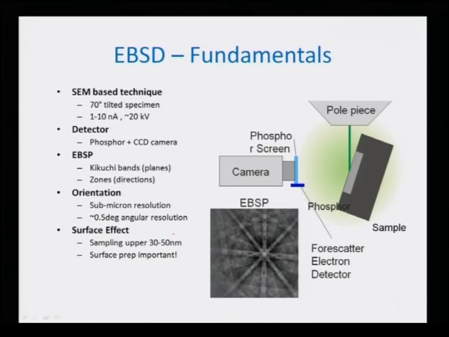So they actually contain Kikuchi bands, as I told you just now, and obviously they will be aligned in a certain zone axis pattern which I have shown you here, and they contain information regarding the orientation of the crystals with an angular resolution of 0.5 degrees. Obviously there will be other effects, like sampling cannot be done if the crystal size is less than about 50 nanometers, because then there will be overlapping of the information,